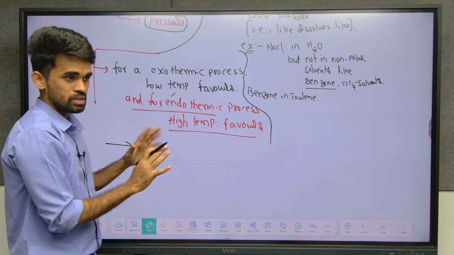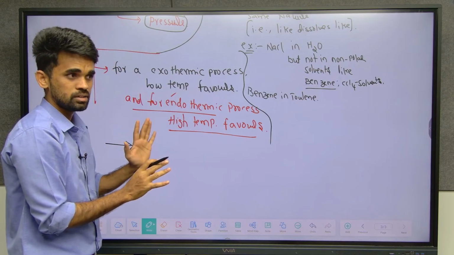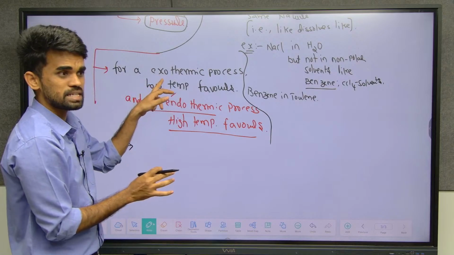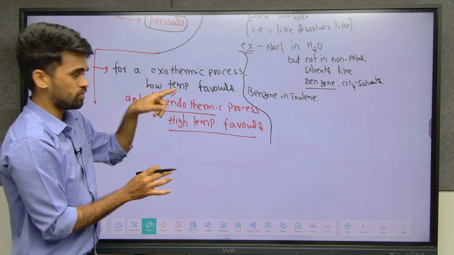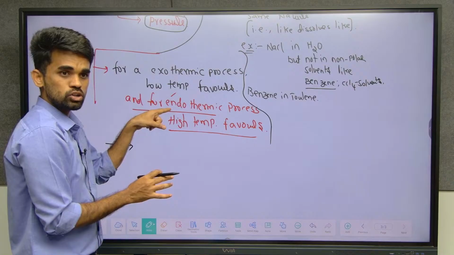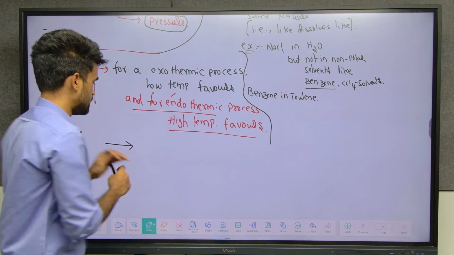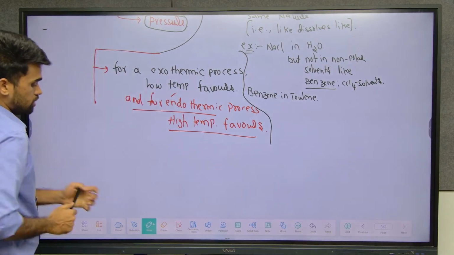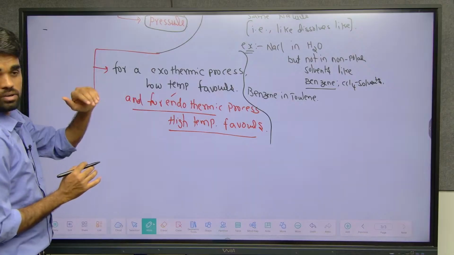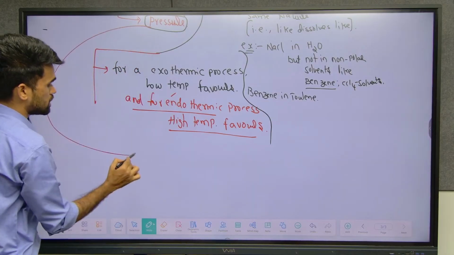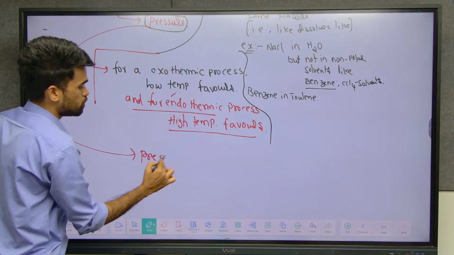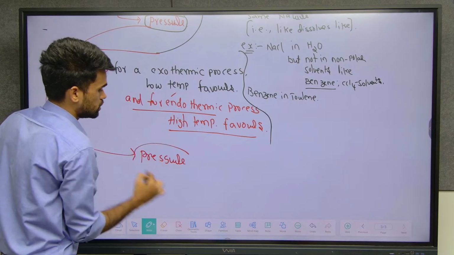Clear up to here? Effect of temperature, clear or not? So for this, what is the best example I told you? Aquatic life. Second example for this endothermic process, making tea, like dissolving sugar in the water while making tea. Okay, done with this. Next factor is what? Pressure. So now the pressure factor, there is no effect